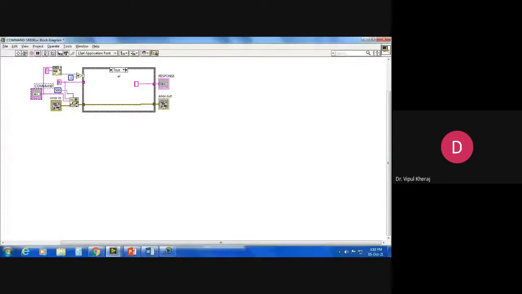There is something called queries. I may send a query to the instrument which requires a response, which will be followed by a response from the instrument. Sometimes I may not have a query. I am just telling the instrument to change the value. In that case, the question mark will not be there. We have prepared this very basic program, a command line. If the command line contains a question mark, then the query will be asked and the response will be read. If the question mark is not there, then there won't be any query. It'll just be a command followed by nothing. So this is that program.